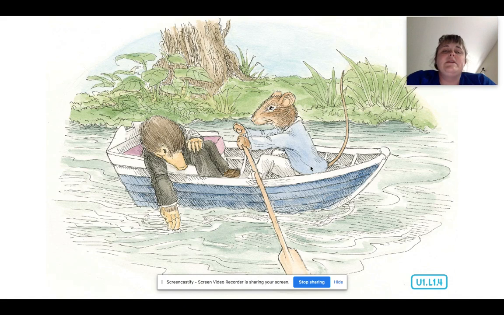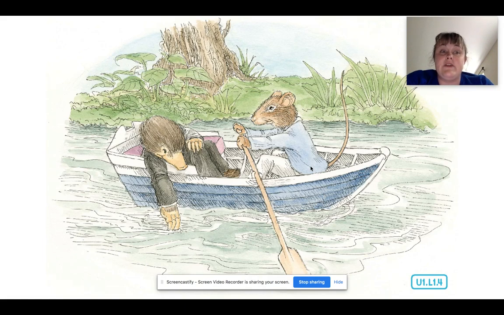So, to recap a little bit, it seems like this experience for Mole is life-changing. He's only really been underground and kept to himself, and finally he just says, I've had enough of it. And he's discovering a whole new world above him. And he's enjoying this time with Rat. He's at peace, he's relaxed, and he starts to think, oh, this life must be a little bit dull or boring for the water rat. But the water rat